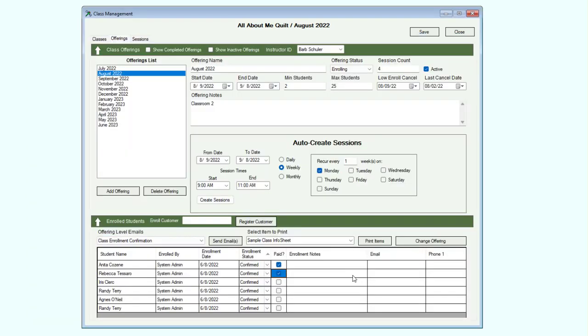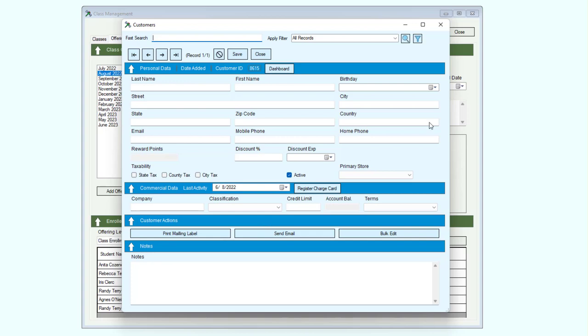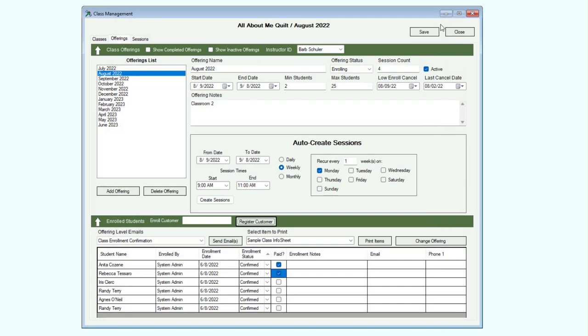If the customer that is enrolling in the class has not been registered with your store, click the Register Customer button to open the customer's form. The customer can be registered on that form. When the new customer's record is saved, you will be returned to the Classes form with the customer added to